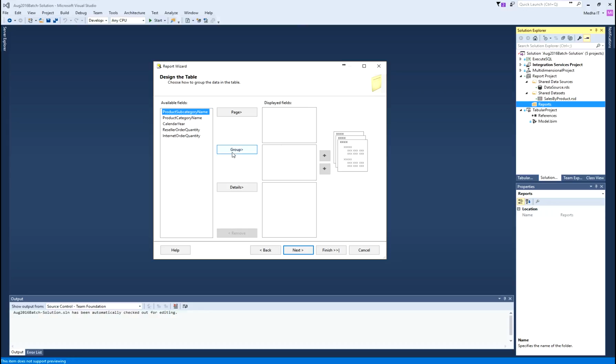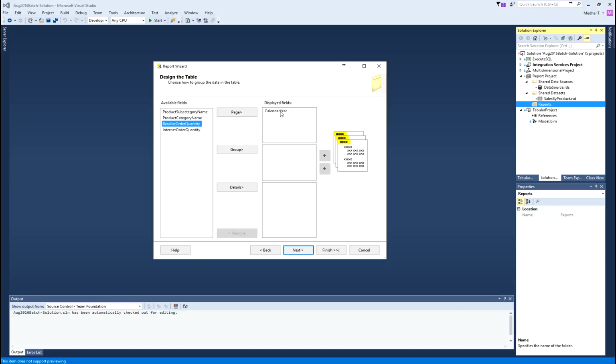And then the groups is the row groups, because table type supports only row groups. So you want to specify how the grouping should happen at the row level. Then the details are the actual metrics you want to see, the measures you want to see. So out of these columns, to build a report, I will go ahead and pick calendar year as a page separator.